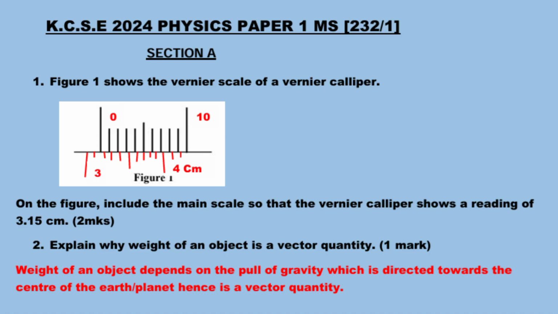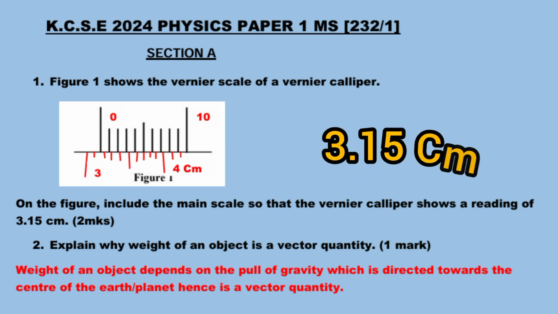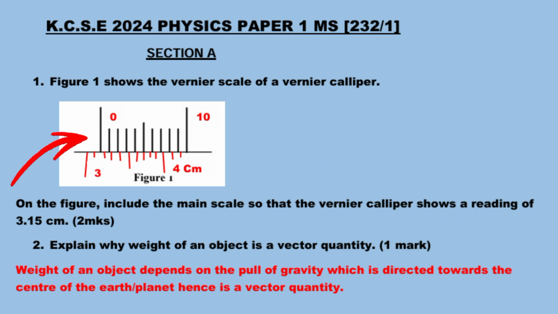Figure 1 shows the vernier scale of a vernier caliper. So we have the diagram here. And then the question on the figure: include the main scale so that the vernier caliper shows a reading of 3.15 centimeters. So we have the vernier scale and we are supposed to insert the main scale so that we have a reading of